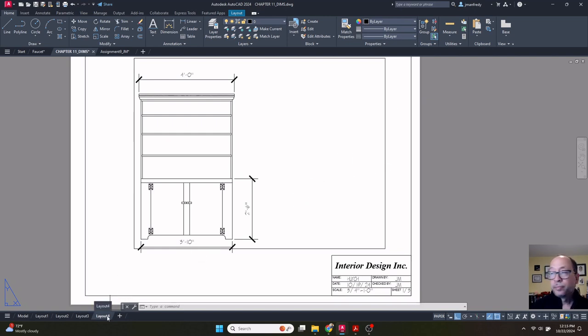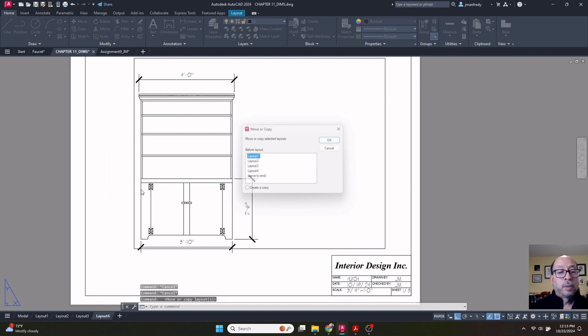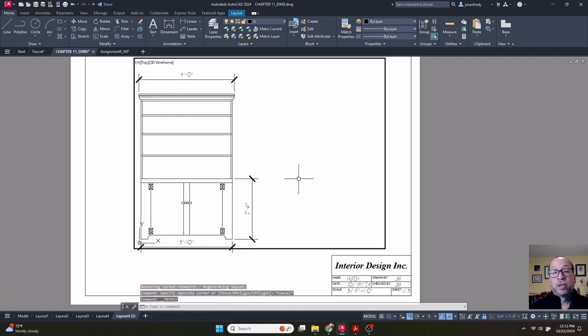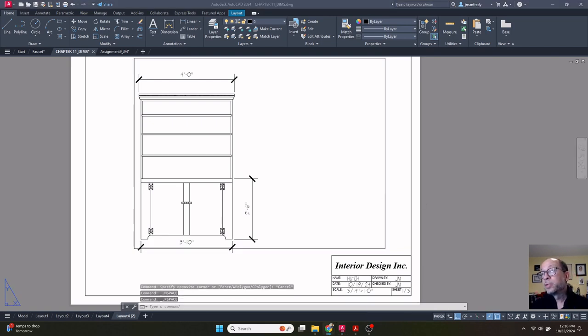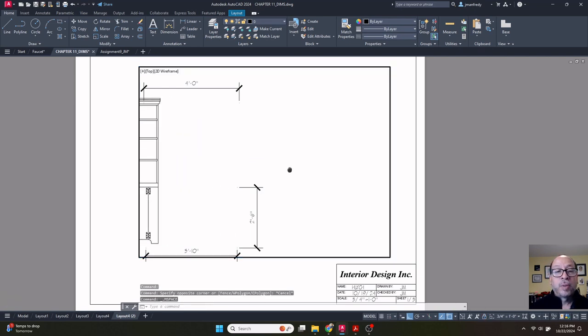I will then duplicate this, move or copy. I will choose move a copy to the end, and it makes a copy of the exact same layout. Except this layout is going to look different. It's going to be, from what I gather, some of the details of this drawing. So as an example, if I unlock this and just pan this drawing,